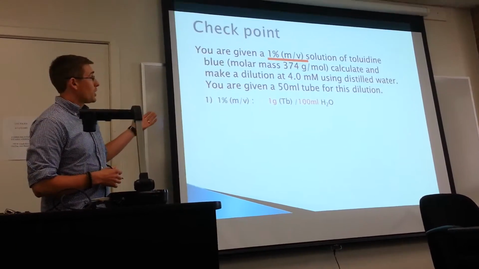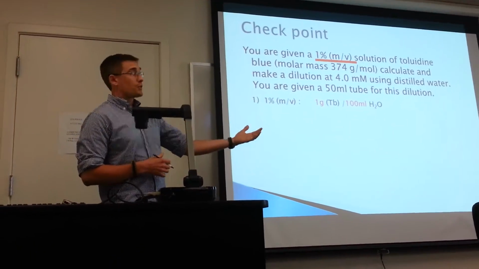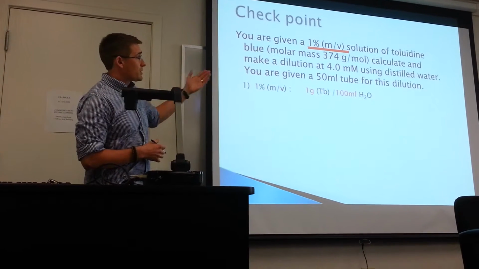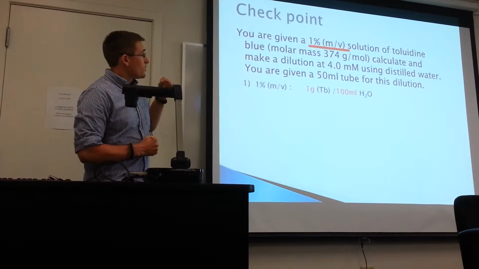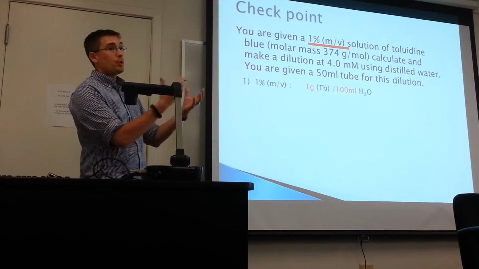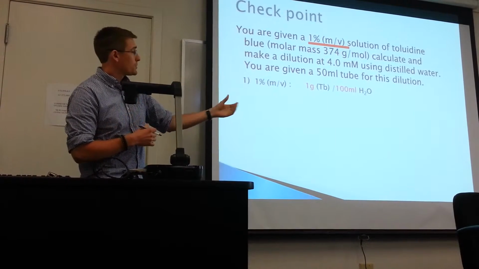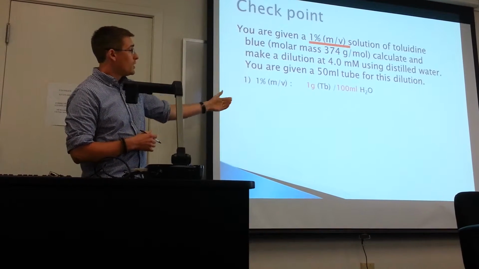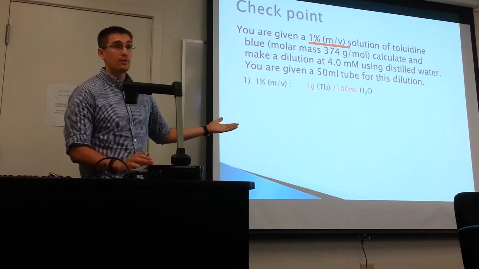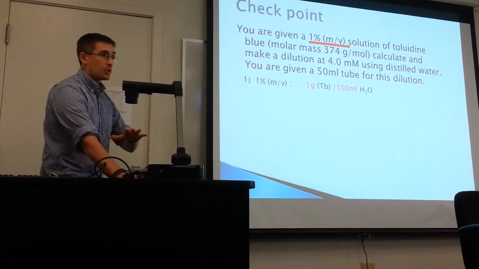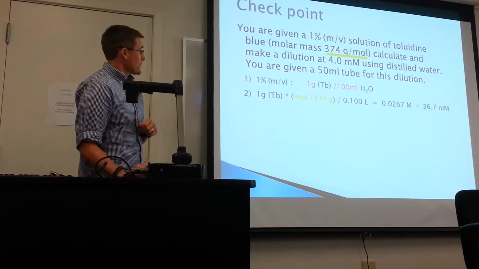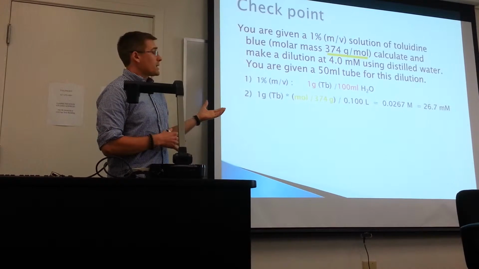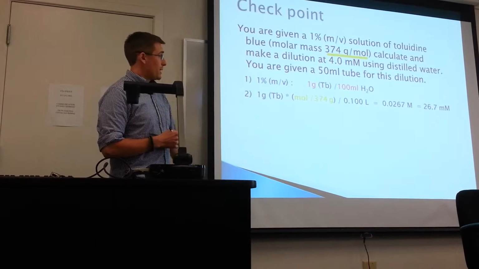So you heard me mention mass per volume is defined as grams per 100 ml. So 1% doesn't tell me much if I'm trying to get to millimolar, right? What I can do with 1% is pull out a mass and a volume. 1% just translates to 1 gram of toluene blue in 100 ml of H2O. Everyone follows me on that, right? Pretty straightforward. Now I've got my mass and my volume, 1 gram and 100 ml, but I'm trying to